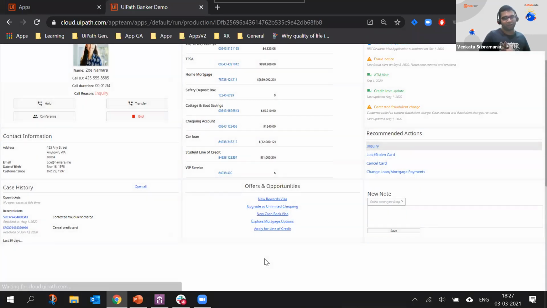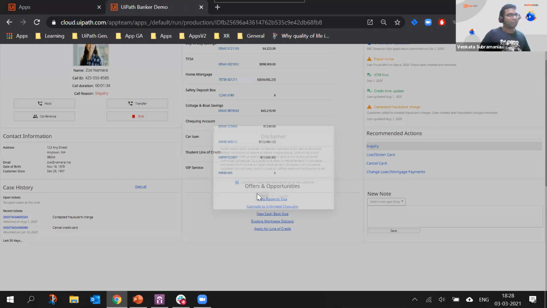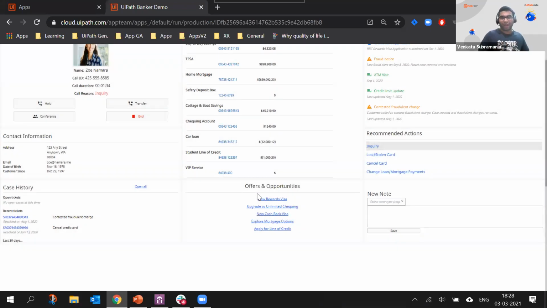Then it opens up a disclaimer, which I'm mandated by law to read to the customer. Once I've read this and click on done, this information can go to a backend job which is sent to another system, maybe your CRM system or a different opportunity or lead tracking system, whatever it may be,